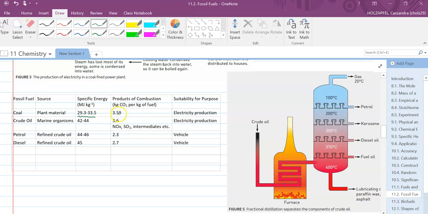And when we burn that compound, we're also producing roughly 3.59 kilograms of carbon dioxide for every kilogram of fuel that is burnt. Okay, so that's actually very high if you think about what's going on. So roughly 3.6 kilograms of carbon dioxide produced for every kilogram of fuel. And that's because it's reacting with the oxygen. So it's quite high. If we have a look at crude oil, the amount of energy produced from crude oil